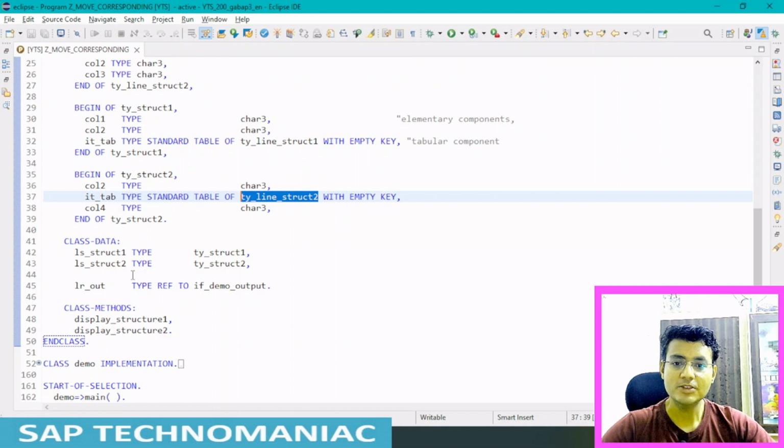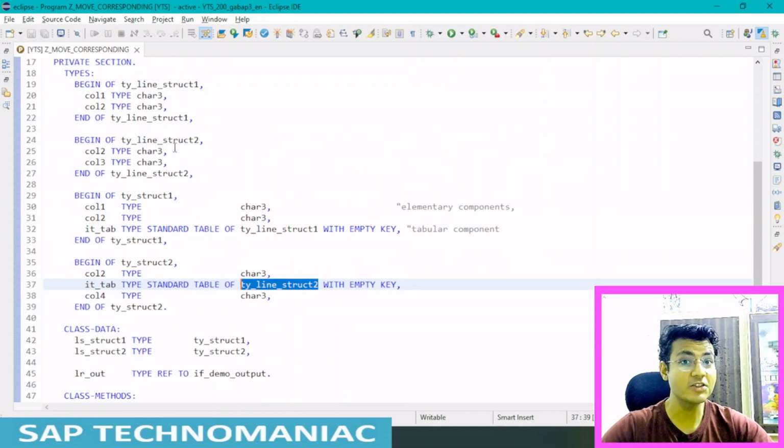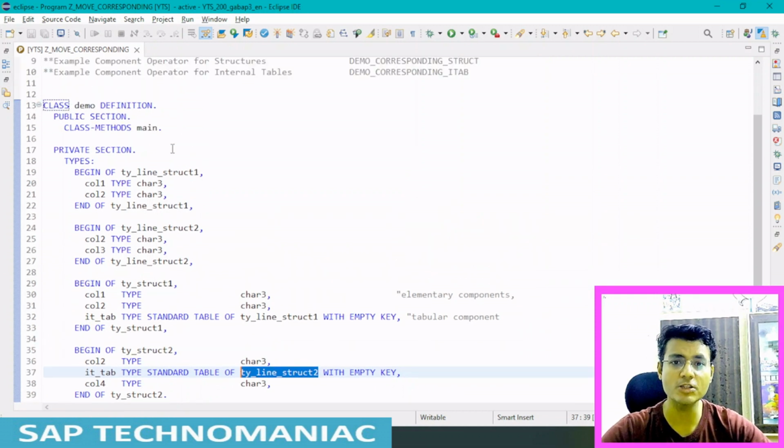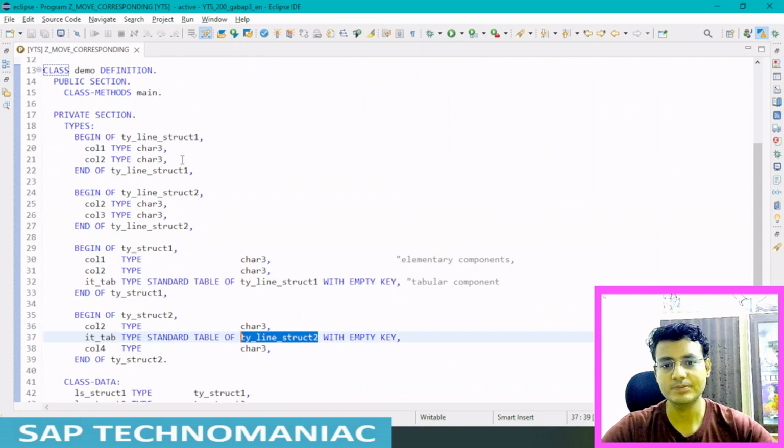So these are the structures, and it's very important to understand both, because throughout this video we will be using these two structures. We will create tables using them, and we will see not only the old move corresponding operator but also the new component operator in ABAP, and how it works.